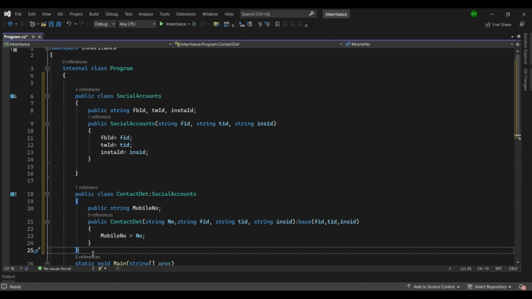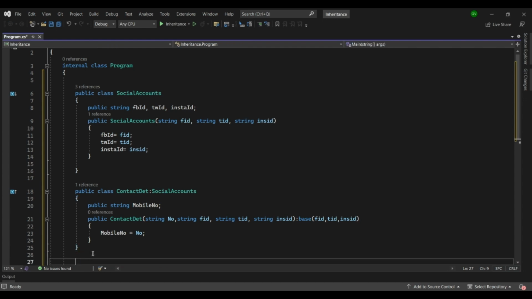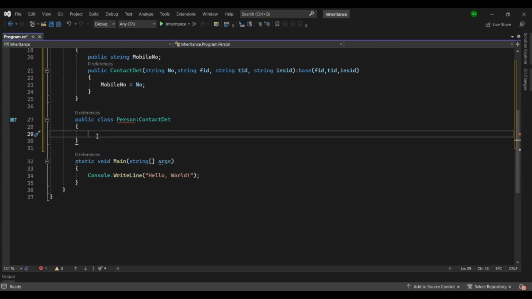Now in the contact details class, we use all the properties of the social accounts class. So now again, I'm going to show the multi-level inheritance. Now I'm going to include another class, and I'm going to name this particular class as person. So here this particular person class is again going to have a string parameter that is going to be the person's name,